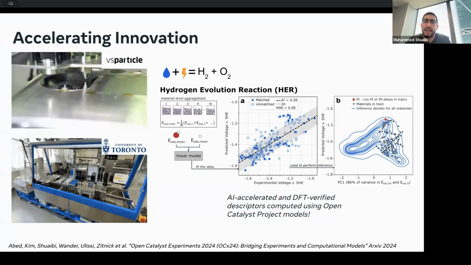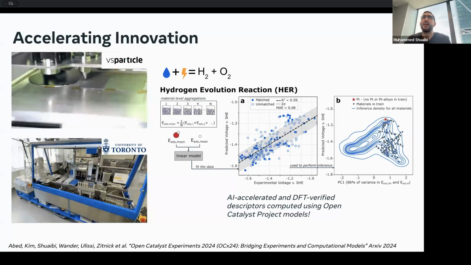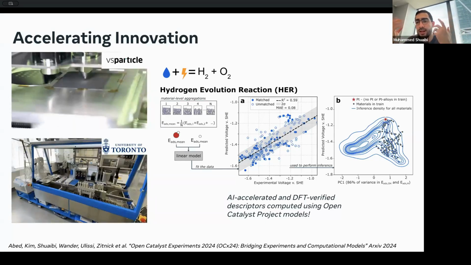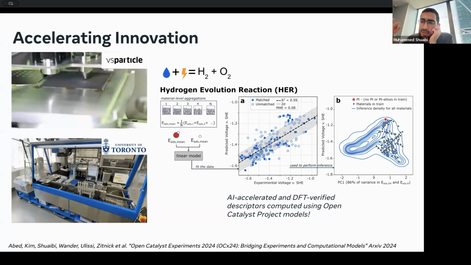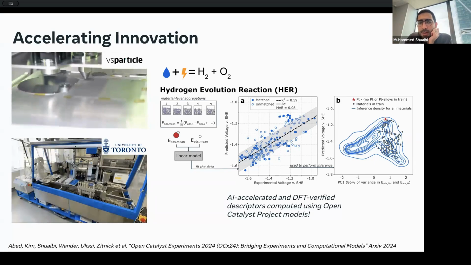Just to be clear, it is very much in its infancy. There are dozens of startups doing it and there's no big success story. You haven't heard anything yet because people are still actively working on this, and no one's found a new semiconductor that's exciting for applications yet. That's why it's a very ongoing field of research.